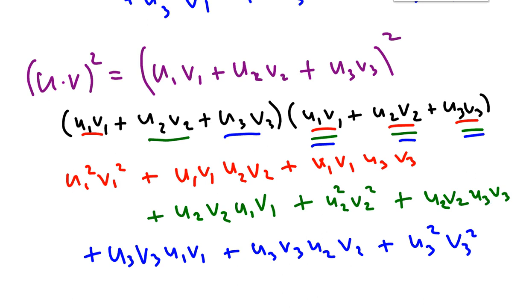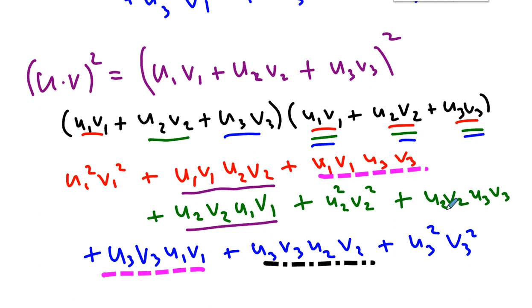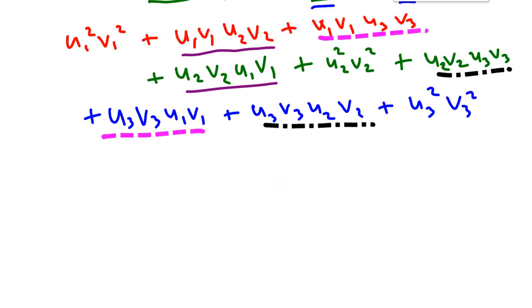So what you'll notice is, for example, you'll see that these two terms are really the same. So you have two of those. Let's go with a different color. We have these two, which are really the same. And then finally, you have those two, which are really the same. So if we take the time